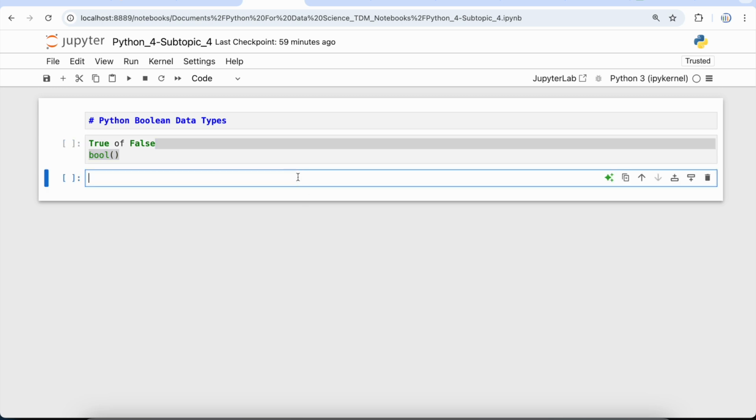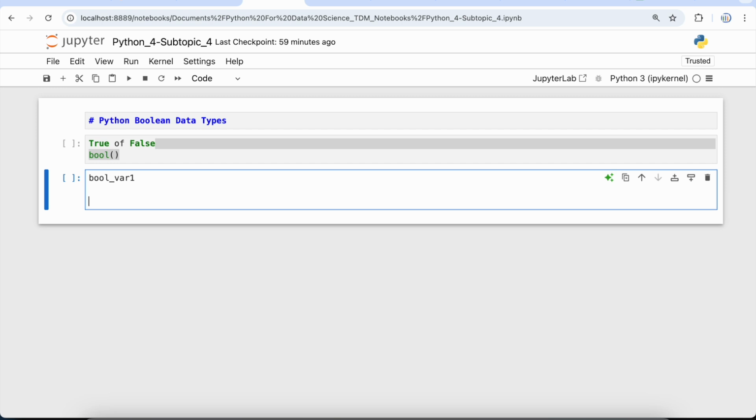Let's say that we have two boolean variables, bool variable 1 and bool variable 2. We are going to create a program that will print the value of a boolean variable, and then you can understand how exactly this boolean data type is used in our programming. So let's say I'm putting bool variable equal to true. Okay, now if I print this